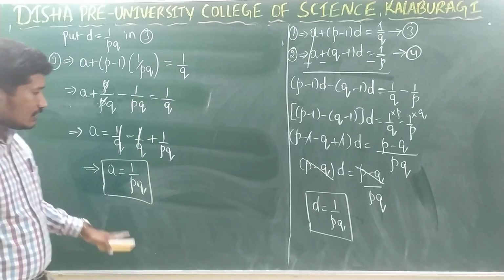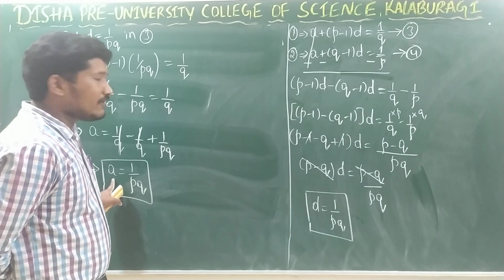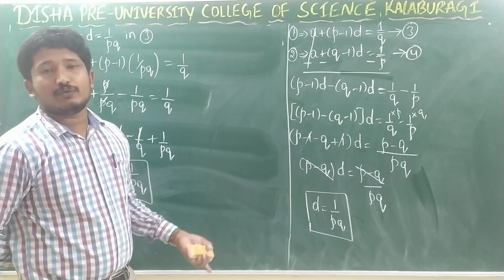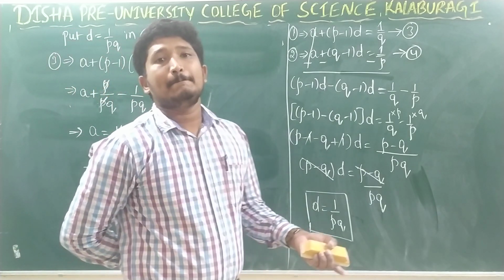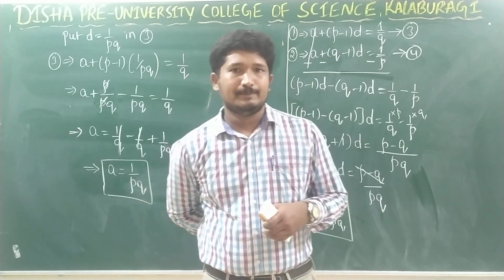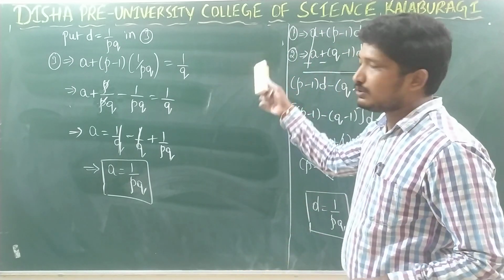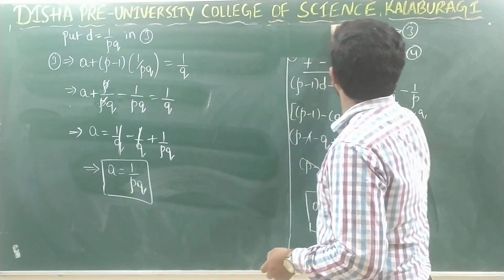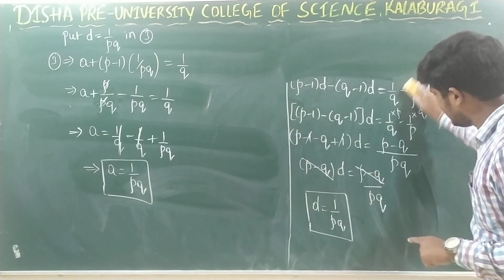So this is the value of a, the first term of the arithmetic progression. So the first term as well as the common difference are both the same. So we know the value of a, we know the value of d. What we have to do is show that the sum of the pq terms is 1 by 2 into (pq plus 1). We also know the value of n. So let us prove that. See how we will prove. I hope you have written this problem.